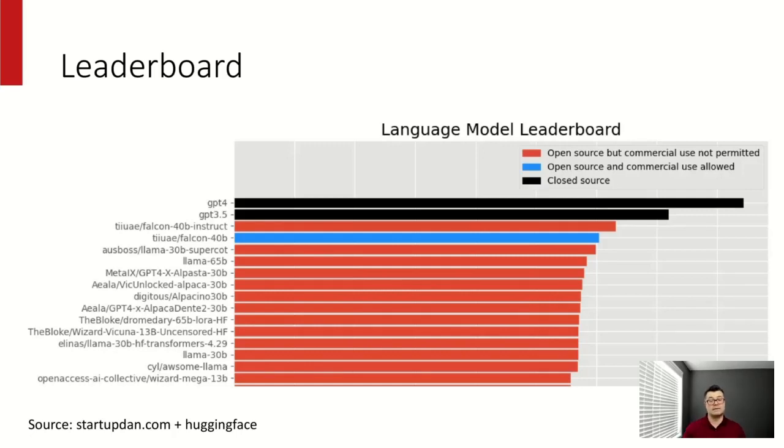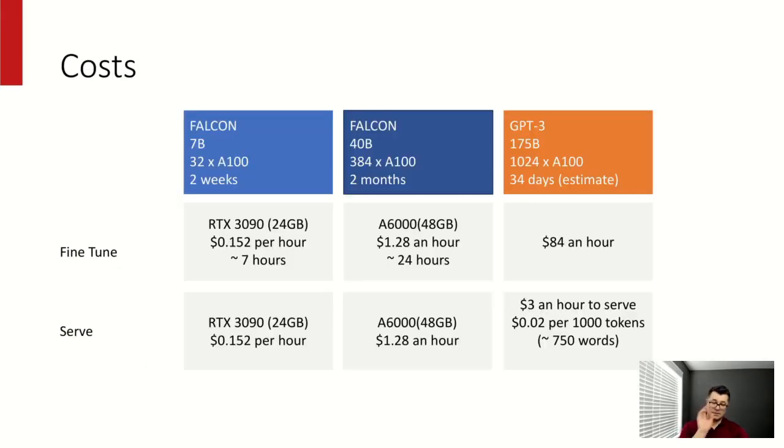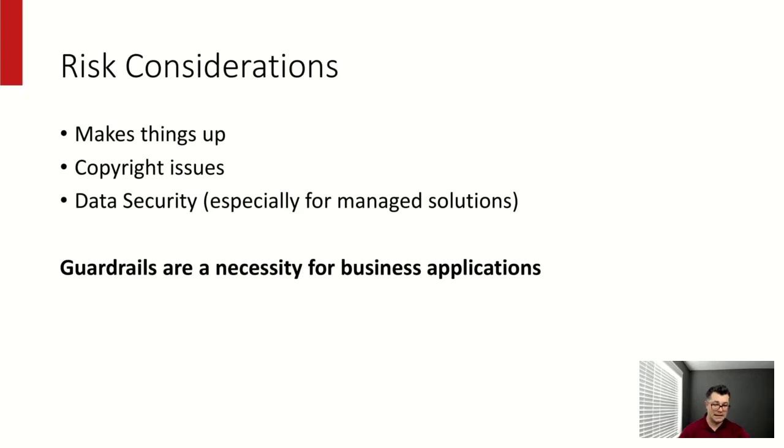And among the open source models, not all of them are free for commercial use, because they might have been trained on output from GPT. And OpenAI prohibits the output to be used for commercial purposes. So in terms of costs, they've gone down significantly. So this is a non-issue for fine-tuning and even for serving. If you want to train your own model from scratch, that's a different story, but it's not really necessary. The risks we've talked about, they can be addressed,